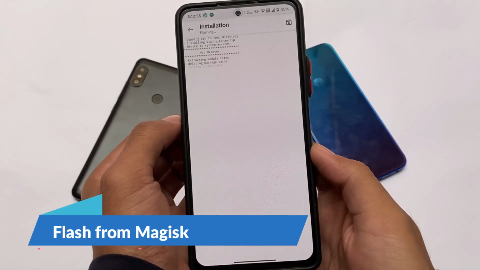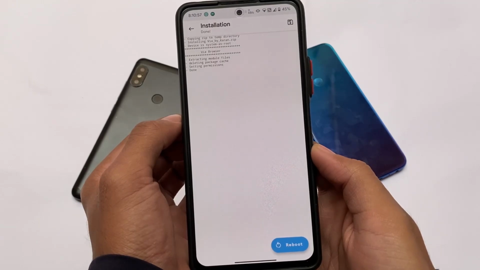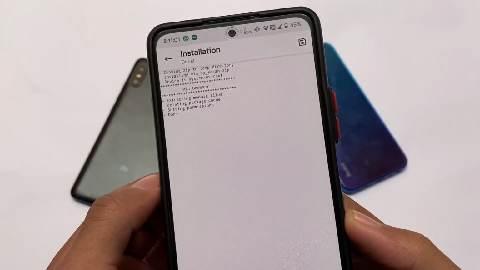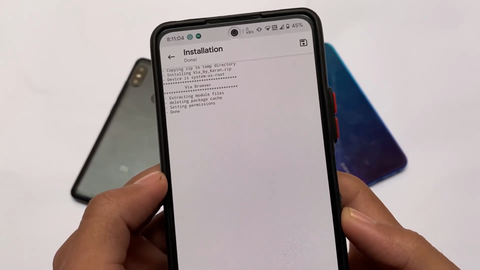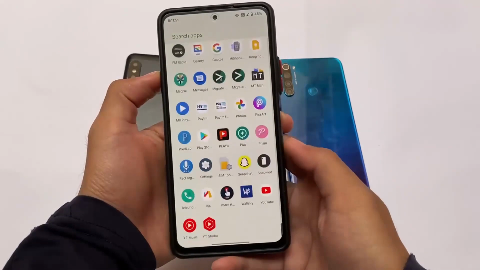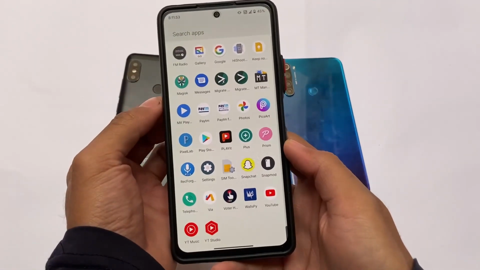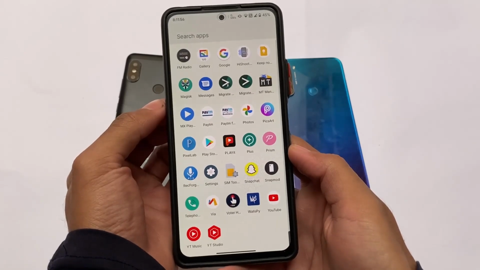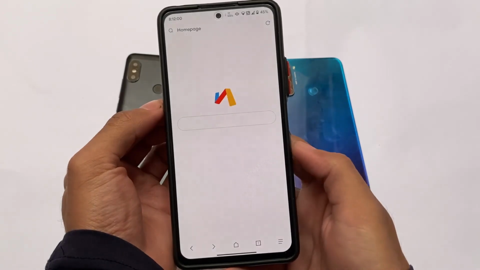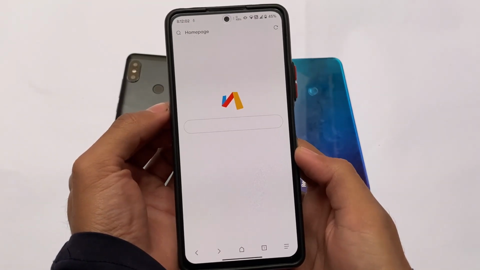And here you will see this via browser, which we have edited, in the install option. Very simple things. Of course, it's quite easy to understand, by the way. After installing this, you need to reboot your device. After rebooting, let me show you. This is the app which we have installed, via browser, and this is working perfectly fine. This is installed successfully. If I open this, I don't have any kind of options, I don't have any kind of issues. It's working fine.